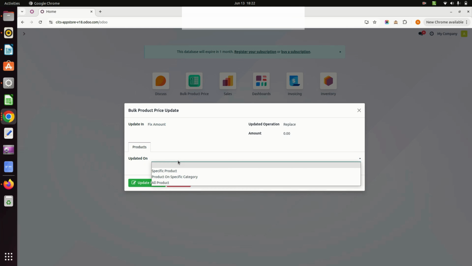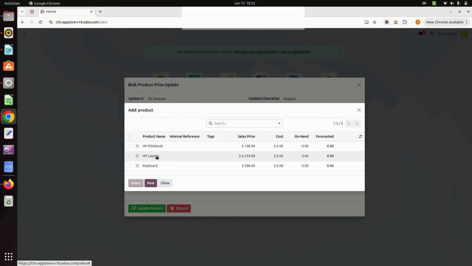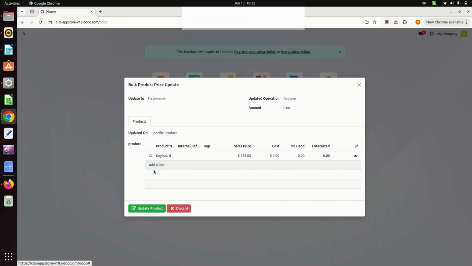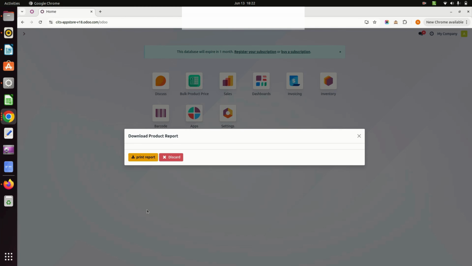And let's say I want to update this on a specific product, let's say for a keyboard. In the keyboard we can see the current price is 288 and we want to replace this price with 0. So let's go and update this product price. Now that my product price is updated, I can see here the system has given me the report